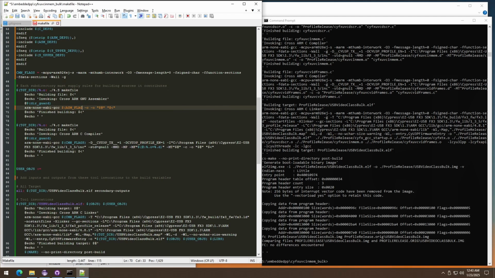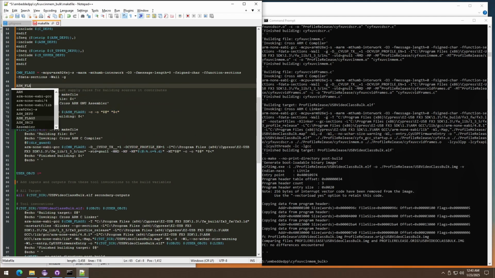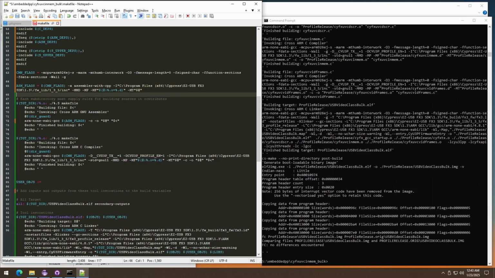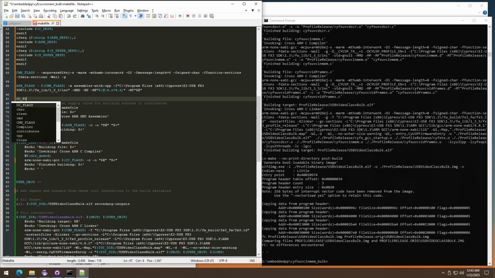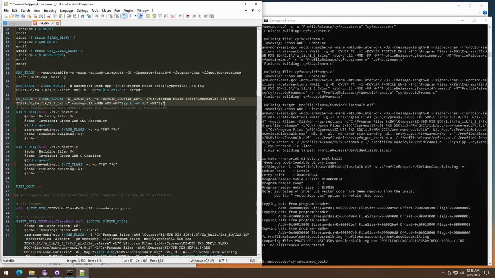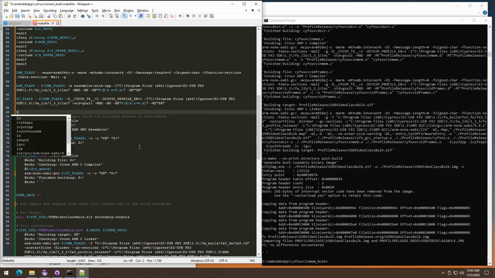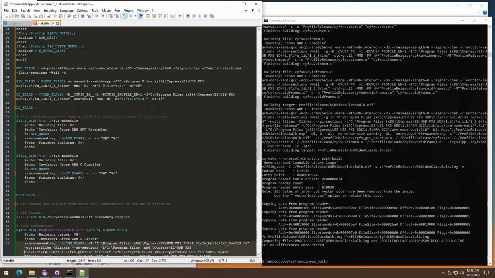assembly flags, right? It makes sense, I hope. Assembly flags is gonna be that, and this is clearly going to be CC flags, of course. So CC flags, need to remember to have it here. Flags equals what we just deleted from there, and also we're gonna have LD flags, which is going to be